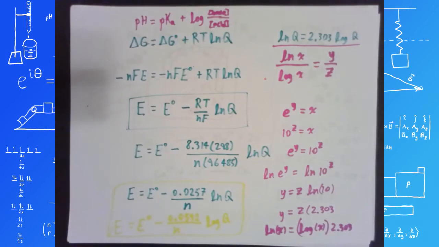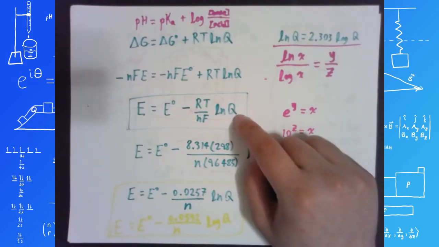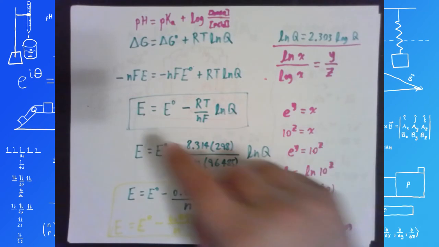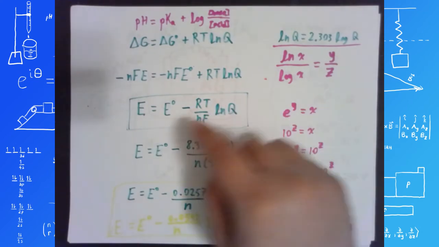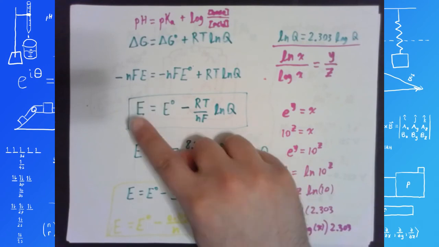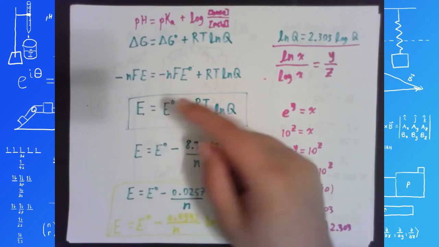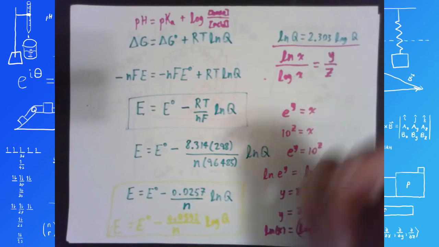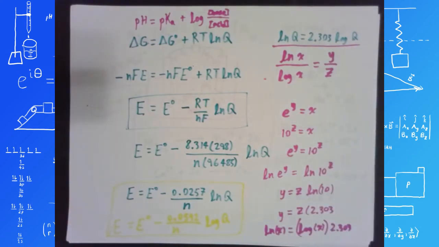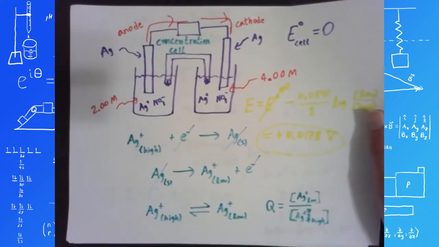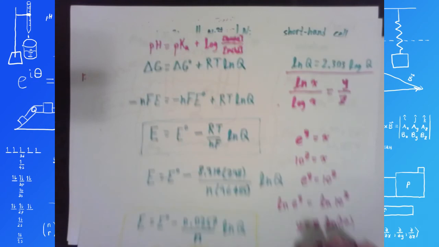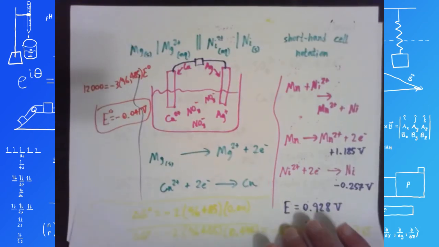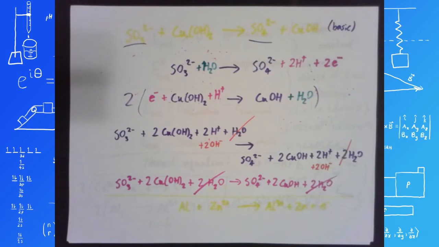And because there's a dependency on Q for non-standard cell potentials, you can increase or decrease the total cell potential, and therefore you can increase or decrease the spontaneity of the process by altering the concentrations. It's basically Le Chatelier's principle at play. So if I went back to one of my previous examples, let's say,